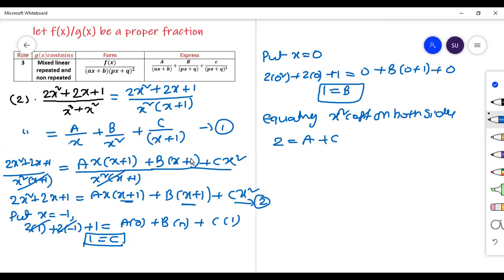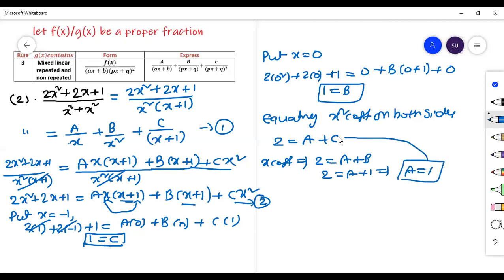Okay. Next, go to the x coefficient. I think by using x square we did not get any B, C relation, so we will see the x coefficient. What is the x coefficient? Left hand side it is 2, right hand side A x into 1. Here you will get the x coefficient, A x multiplied with 1, that is A plus B. But what is B value? 1. 2 is equal to A plus 1, that implies A is also 1.